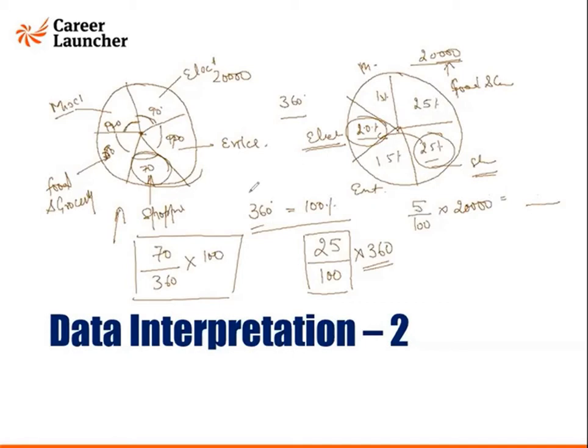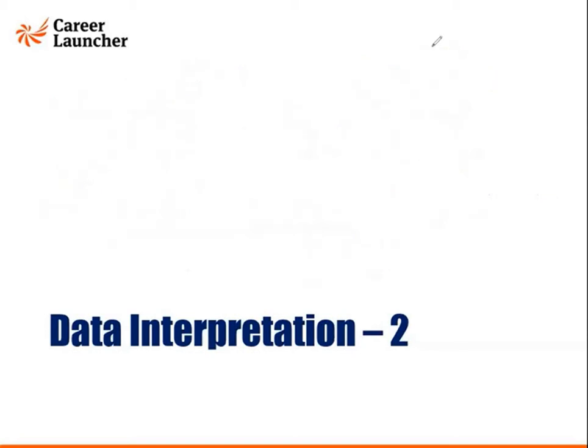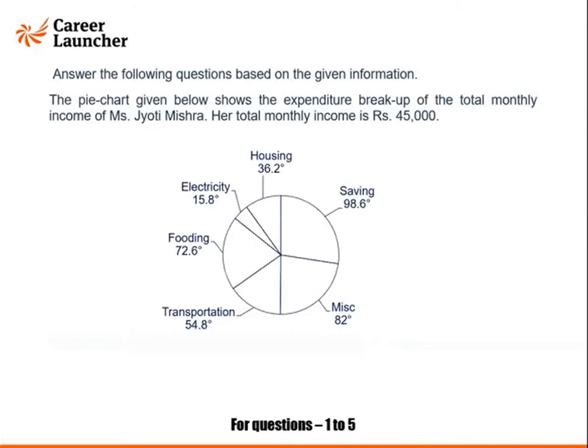Okay. So my first question will be on the same lines, and we'll get slightly more clarity from the question, because that is in a better formed manner. So to start with, this is the information given to us. The pie chart given below shows the expenditure breakup of the total monthly income of Miss Jyoti Mishra. Her total monthly income is 45,000, and then she has some expenses, like she has some amount on housing,